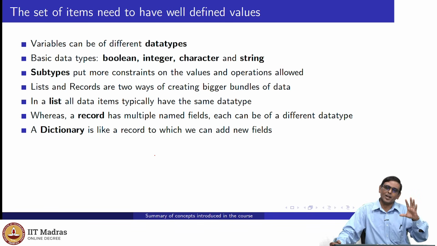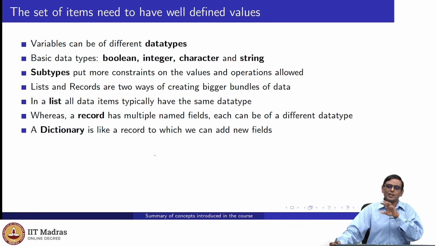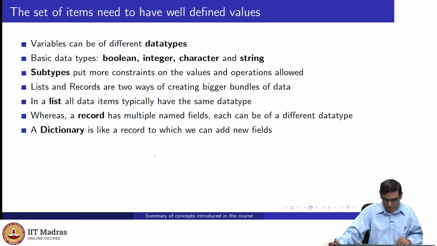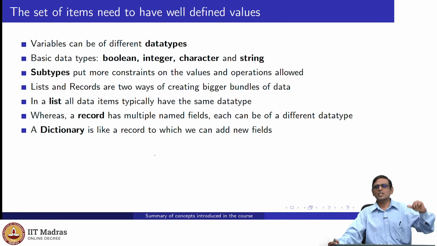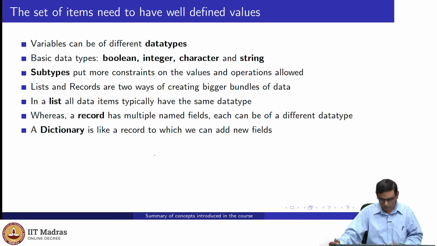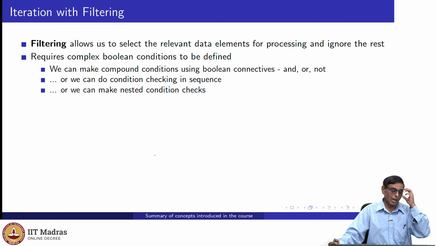So a dictionary is like a record in the sense that you can do x dot a. In a record, you can do x dot a, in a dictionary also, or you can do x along with square brackets and put the thing. But a dictionary is like a record, and the difference is that in a dictionary you keep adding new fields. Any number of fields you can add to the dictionary. Okay, that is basically it. That's why it also looks very much like a list in some sense. It's random access. It looks like a matrix and all that. So that's why we separated it out and we gave special treatment to the dictionary. It's a very important thing that we will keep using again and again throughout whichever programming language you encounter later on.